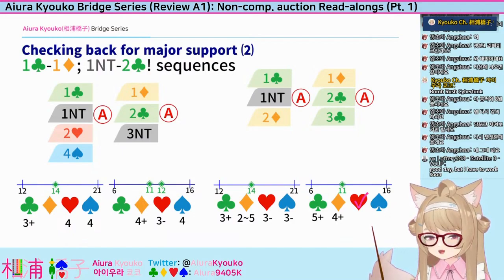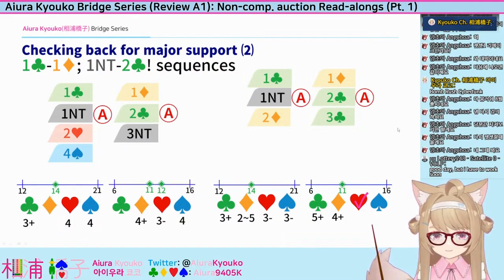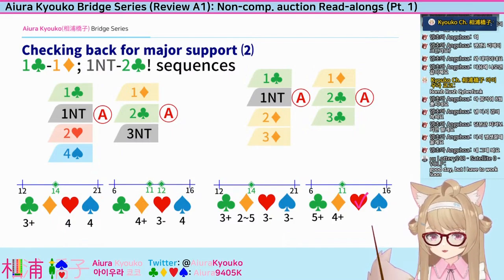If responder had diamonds, he would likely have at least 4. And that's how